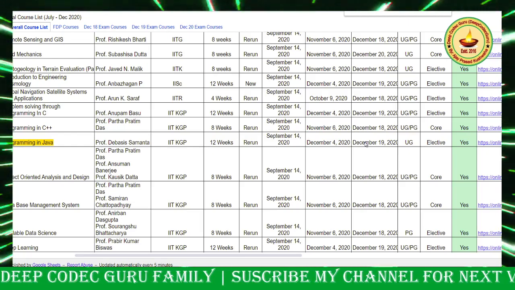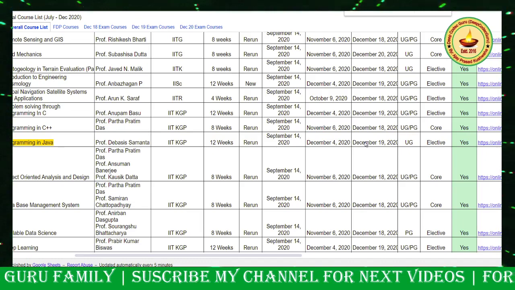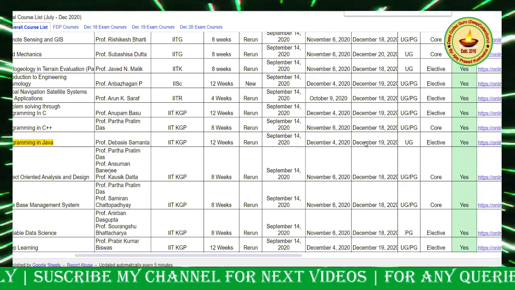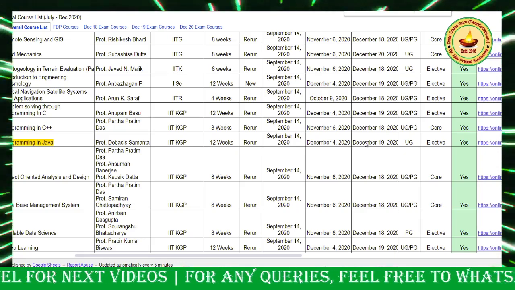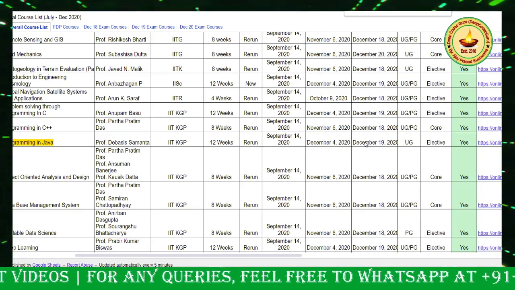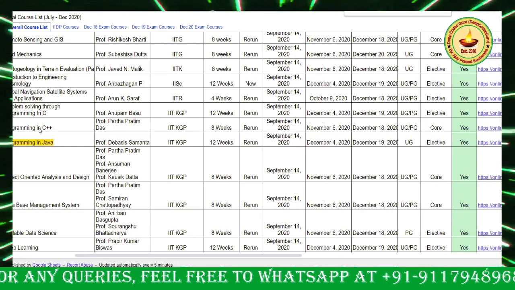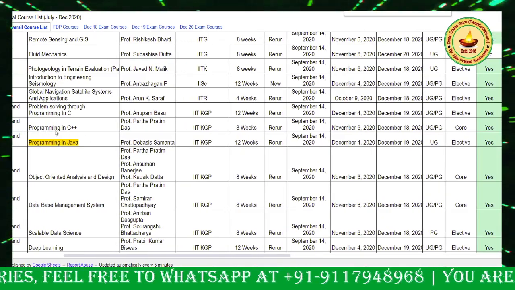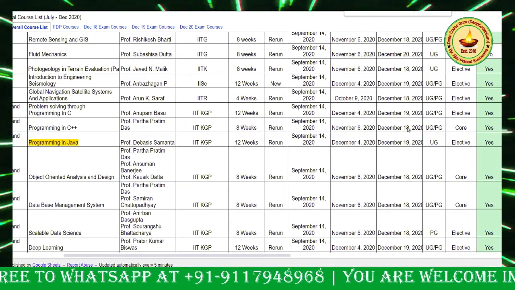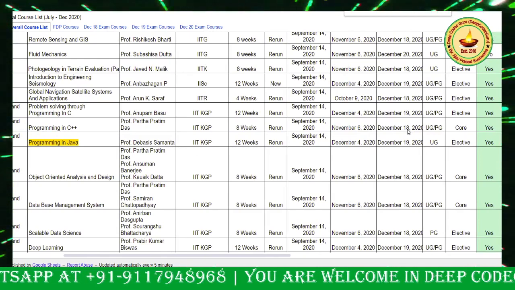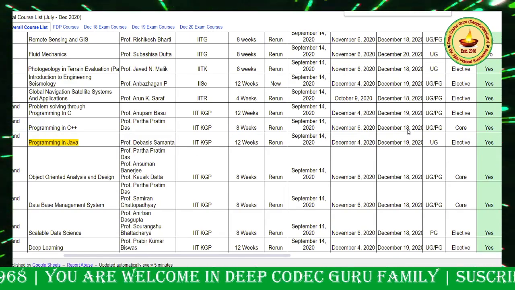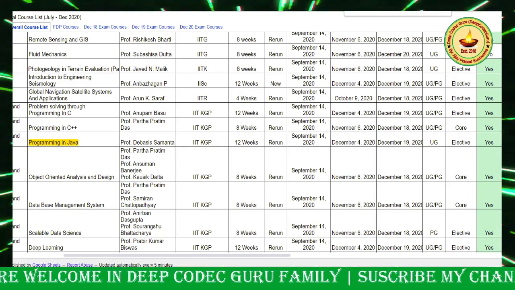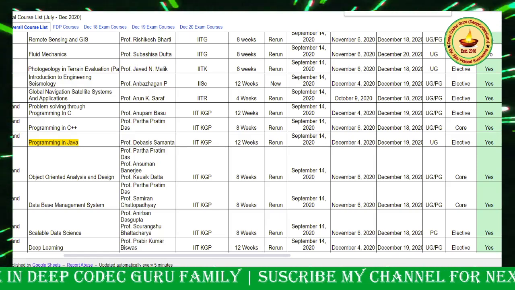So you can select forenoon session or afternoon session for this course on that 19th December. Okay guys, am I clear? Similarly, you can see here programming in C++. For this, the examination date is 18 December. So like that, you note the dates and plan which courses you are going to write. Okay guys, am I clear?